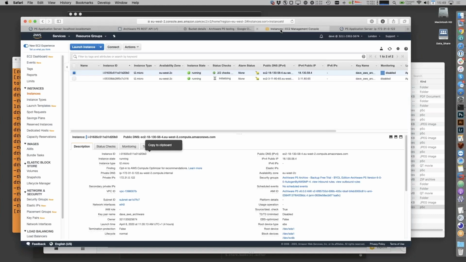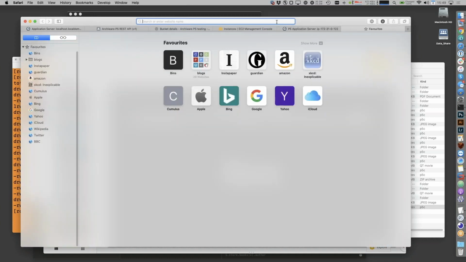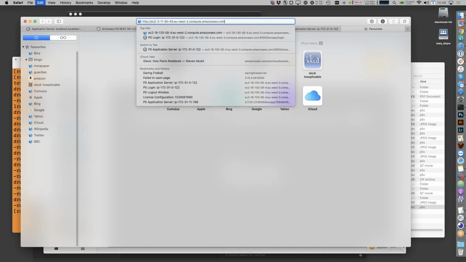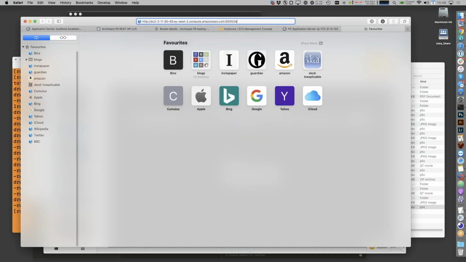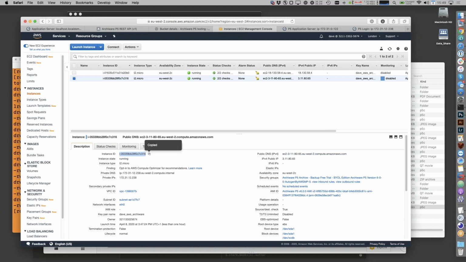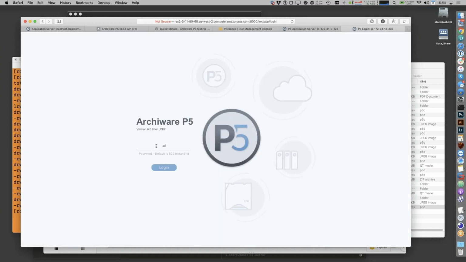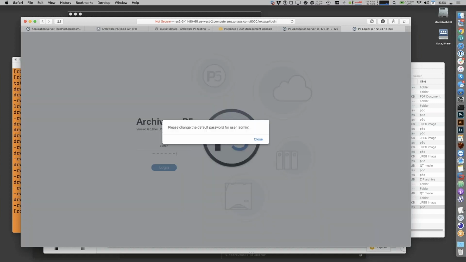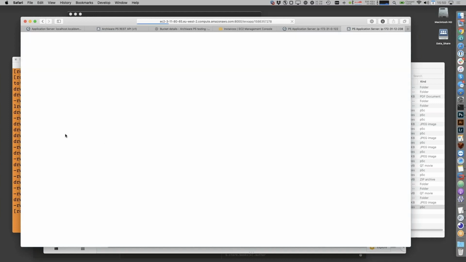If I go back to my list of running instances, the second one, remember, was the one that we just fired up. So just to prove how quickly this actually works, if I go in and put this one into my URL, :8000/login, then that one is also running. And if I grab the instance ID, this one, because we just fired it up completely fresh, it won't yet have a license in there. So that one won't be showing that the license has been installed, but nonetheless it's running and ready to be